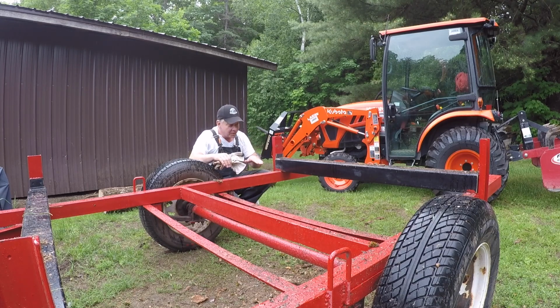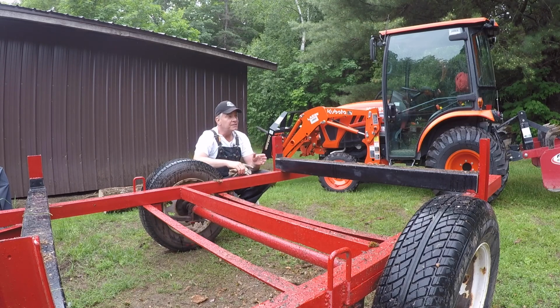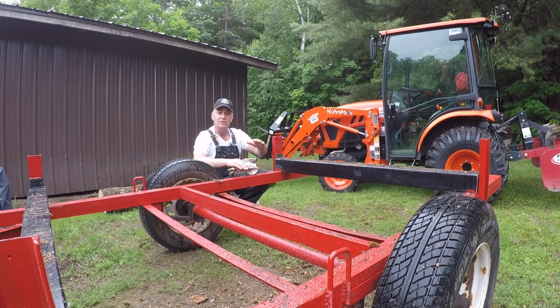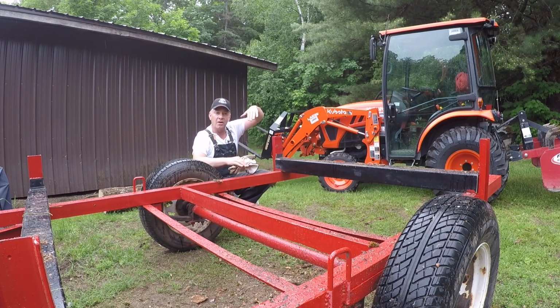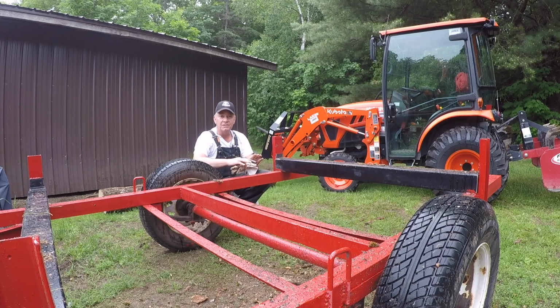I do like the way the forks slide underneath these bunks. I found putting the logs in was much easier with the grapple, which I expected. Taking the logs out, a little more difficult because you're trying to pinch the logs and there's so many of them side by side. So I would have to say that putting them in, easier with the grapple for sure, and pretty easy with the pallet forks, except when you start to get high, and you're trying to roll the logs off the forks. Taking them out of the trailer, I'd have to say the pallet forks much easier,